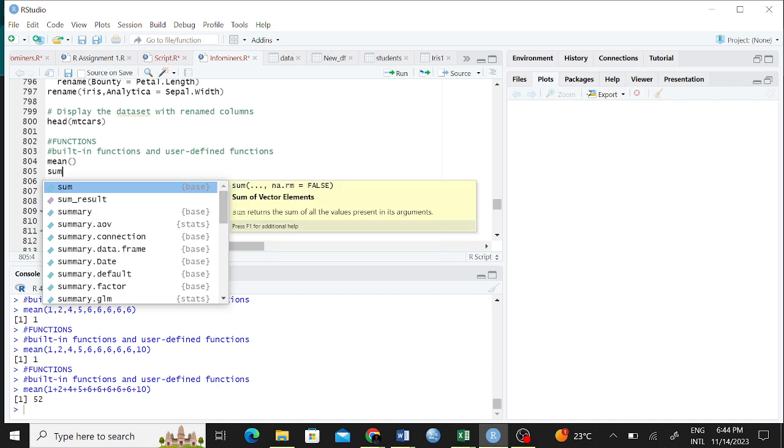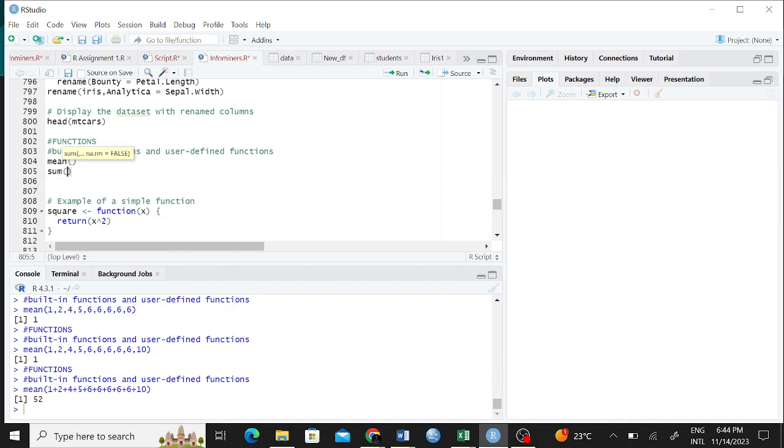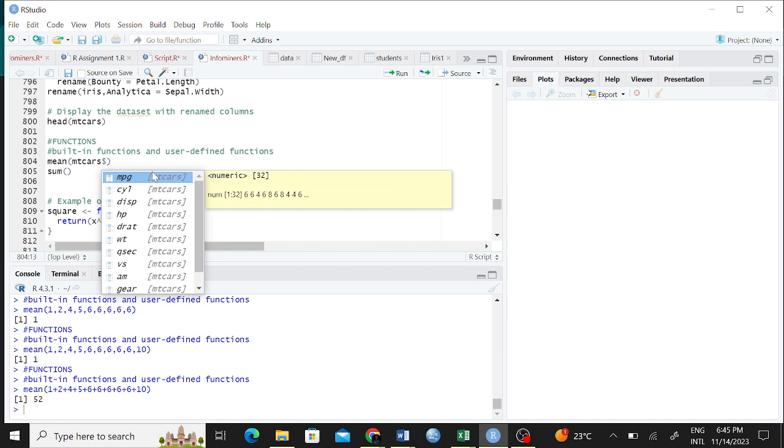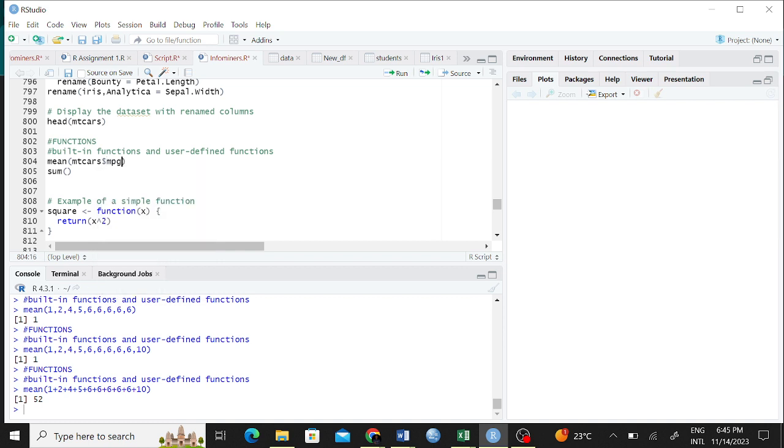You can even do a summation of those numbers that I was writing here, or you can get the mean of a certain data like mtcars mpg. The mean of mtcars mpg is 20.09.